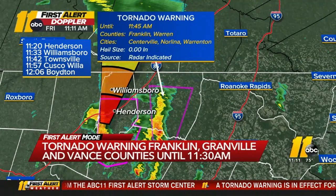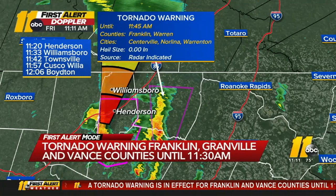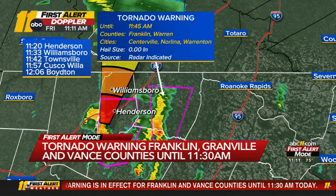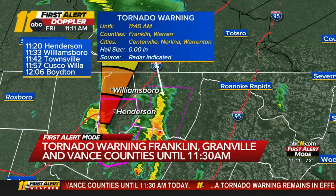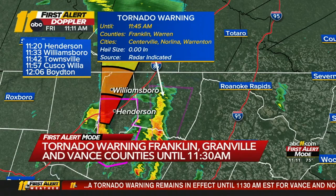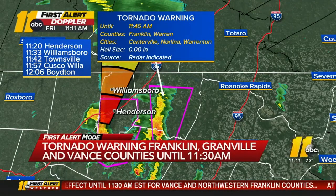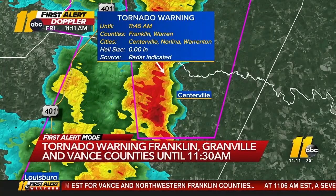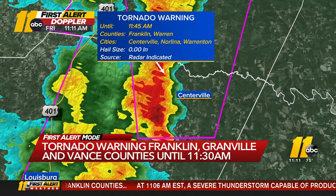There's that new warning just to the east. This is the one for the Centerville couplet we were tracking, and now the Weather Service has issued a tornado warning. So that's set to go until 11:45. And Steve, you are back in here on this one. Right, exactly. All right. So yeah, that couplet, we were worried about that, and sure enough. So here we go. In Franklin and Warren counties, till about 11:45, but don't be surprised if it expires sooner. But let me go ahead and show you